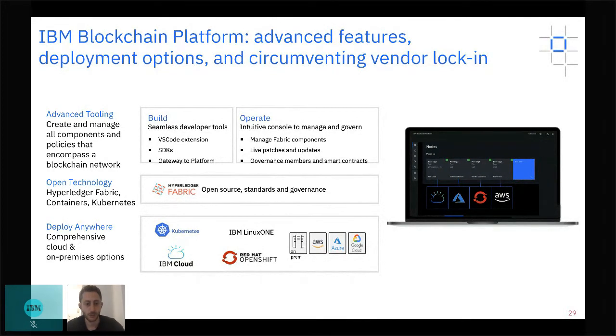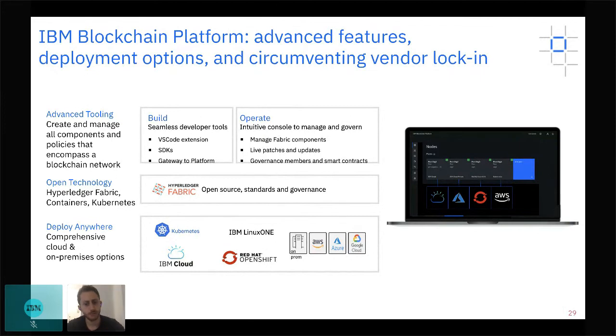All of this is running on Hyperledger Fabric, which again is the open source de facto number one distributed ledger technology for enterprises today. It's been talked about in a lot of different places, and Forbes has said that out of the 50 top blockchain enterprises, almost half of them are using Hyperledger Fabric, leading among all other protocols.